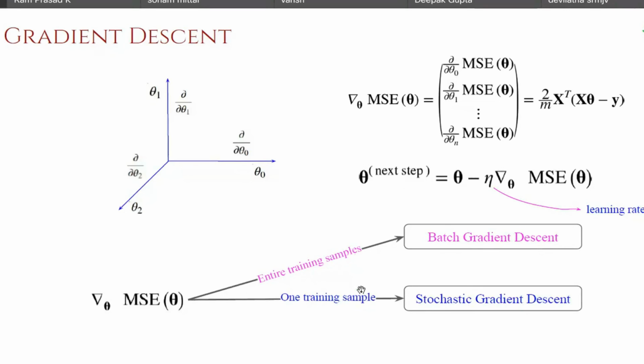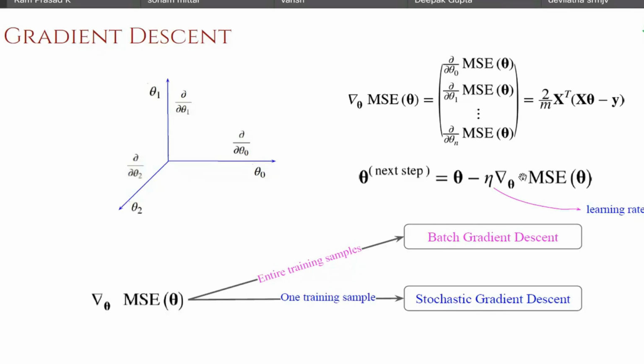These are two extremes. To make a baby step towards the optimal solution, you will wait for the gradient error of all your training samples. If you have 10,000 training samples, you will wait and accumulate all the 10,000 training samples' error, you average them, and then you will update the theta. So it is a very slow process, but that is the best approach. So that is called batch gradient descent, or sometimes referred to as full batch gradient descent.